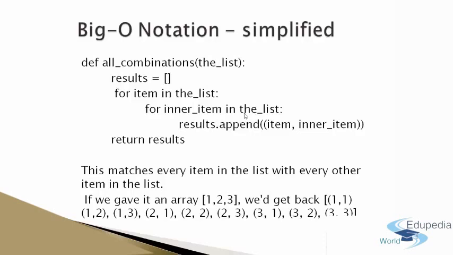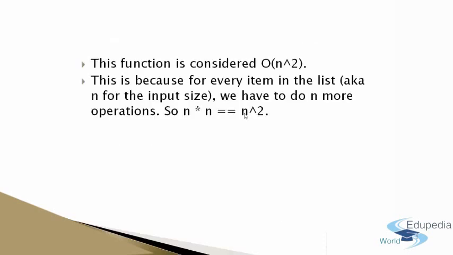Why? Because for each and every item in the list, we are again going through the complete list. Like for item 1, we have gone through the list once, so we have gone through 1, 2, 3. Then when we reach item 2, we again go through the entire list, that is 1, 2, and 3. Same with 3. Therefore, it is O(n^2).